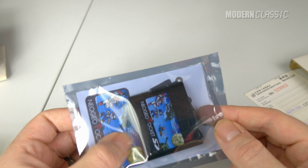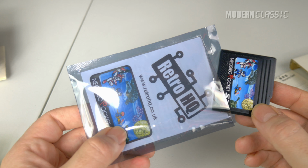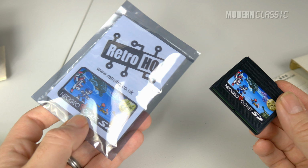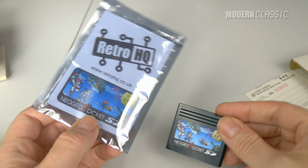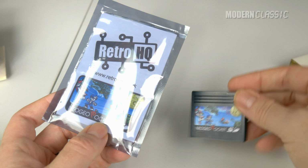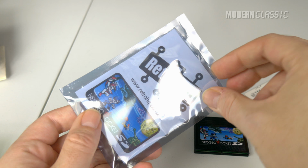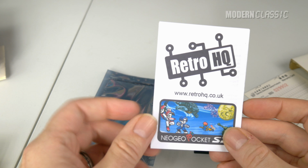I was extremely happy when I saw this announced for the Neo Geo Pocket Color because it's kind of a forgotten little system. Not forgotten, but it was never quite as popular as, you know, the Game Boy or a lot of the home systems. It's kind of one of those also-ran handhelds that doesn't usually get a lot of love, but this is now available. I got mine directly from